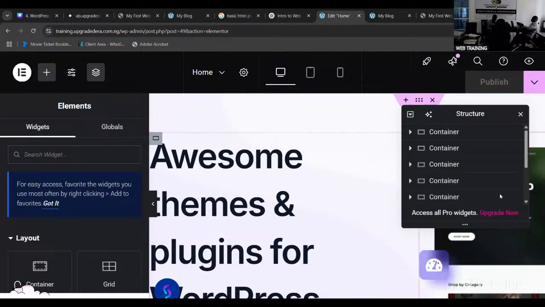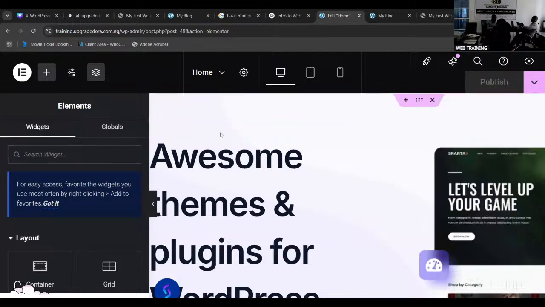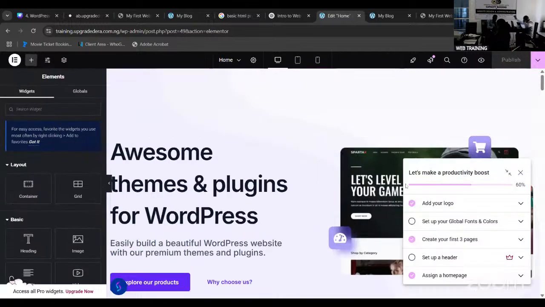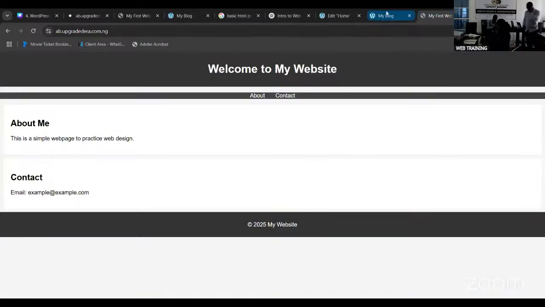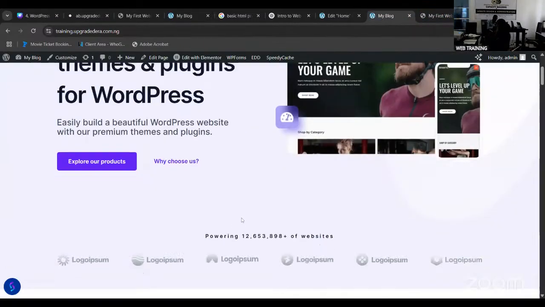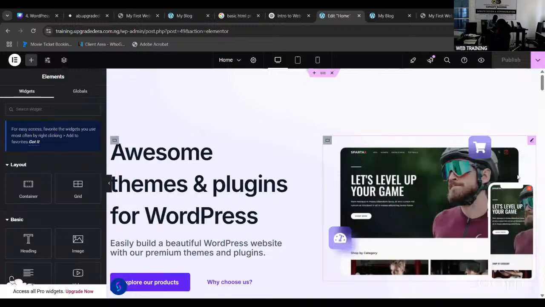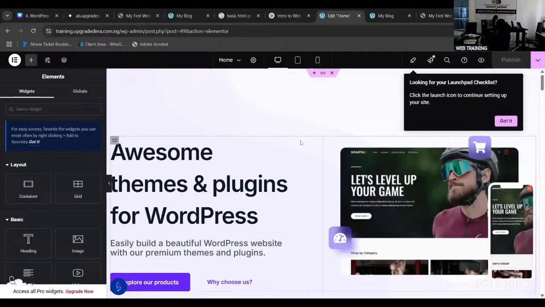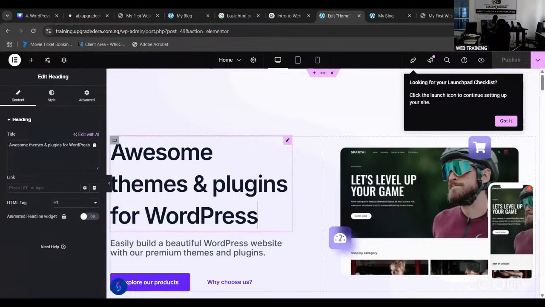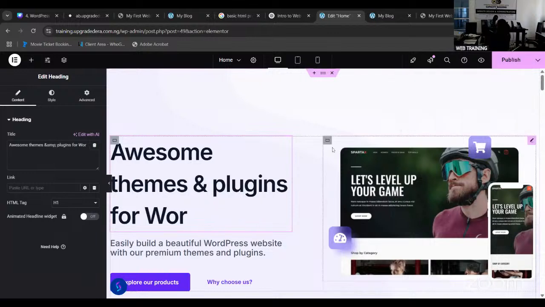It is a page builder that allows you to edit your page, add new elements, delete elements, and change how they look. It gives you a clue of what the web page looks like, and that is exactly what is allowed here. And whenever you hover over something, it is highlighted for you. So now if you want to change this text, all you have to do is click here, and backspace,